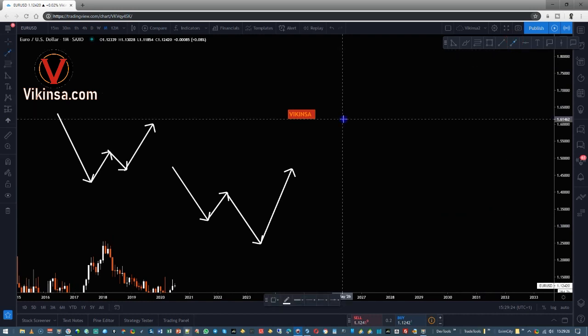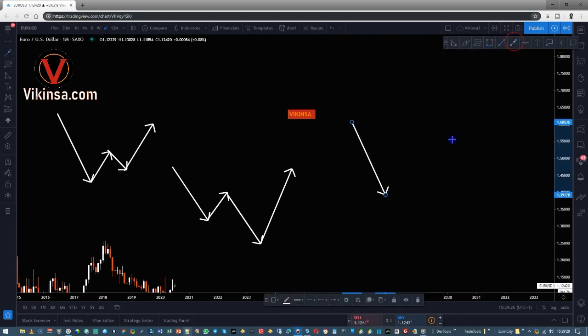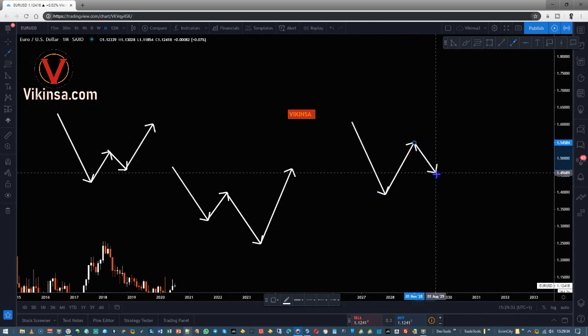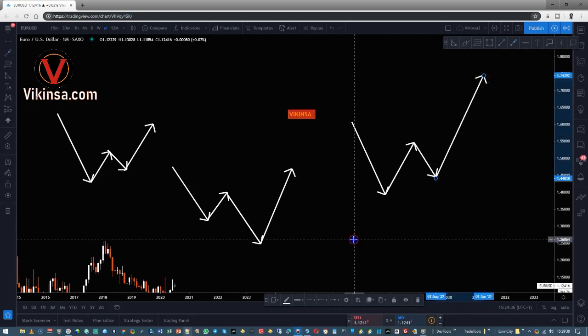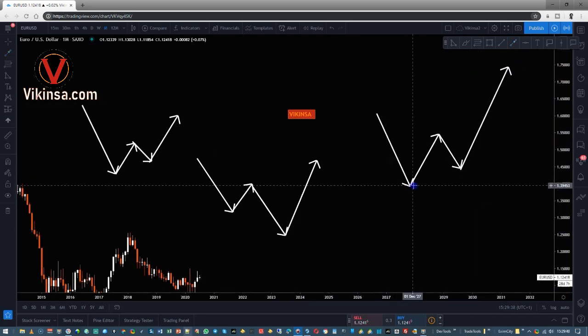Now another variation that we can have is something like this, where the midpoint has gone much deeper, and then we have a little retracement, and then we have an even further overstretch onto the other side. So all of them are actually W patterns, and they can be different variations based on how these legs line up with each other. But